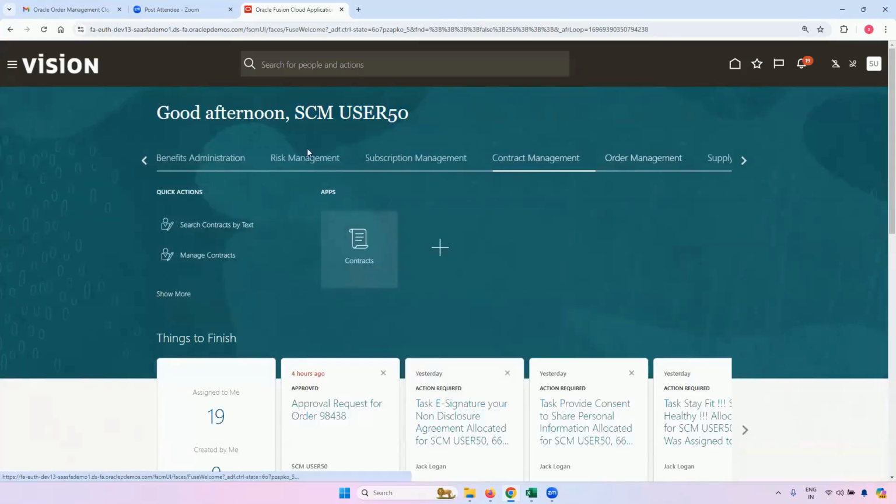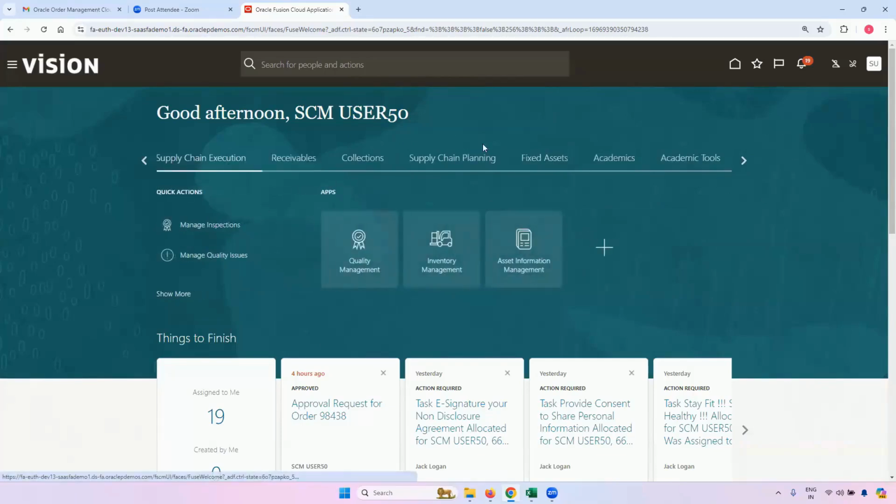There's contract management, risk management, supply chain execution. All this depends upon the roles, the data access, and the licenses your company has purchased. As per that, these would be visible to you. And then on the top, you see there's a home icon, which I've clicked, which will take you to this Fusion navigation page.